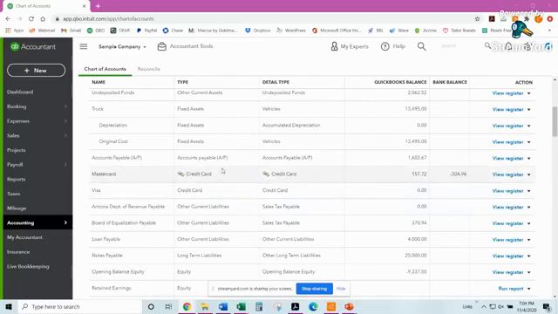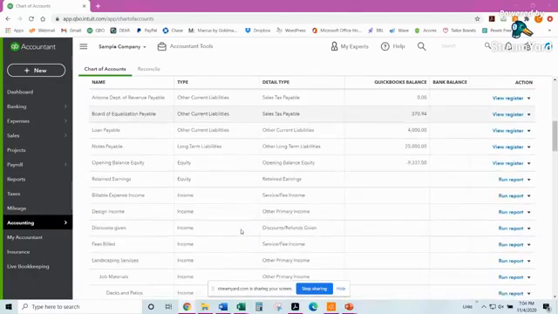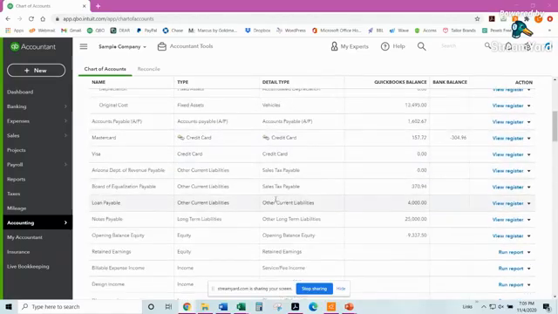And again, these are not in with the liabilities. This is something a little bit different. It is a liability. But remember, the reason why QuickBooks Online categorizes this as a credit card and not as an other current liability is because you can pay it differently than anything else. We've got your other current liabilities, your sales tax payable, your